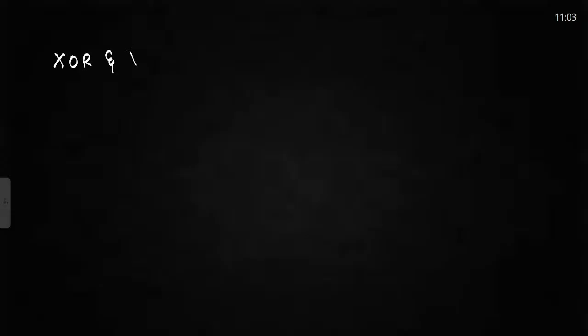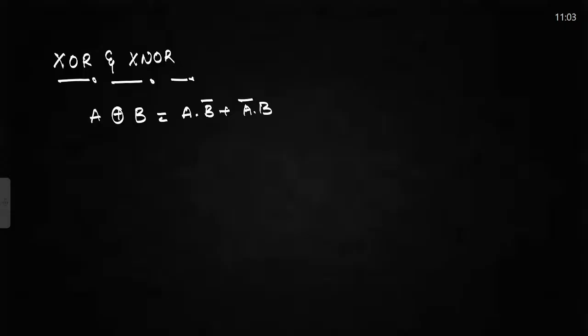XOR and XNOR. Now, what is my XOR? A XOR B is equal to A and B bar plus A bar and B. So when you observe from this equation, if you directly implement by calculating, it requires 2